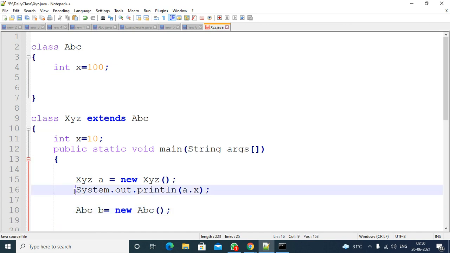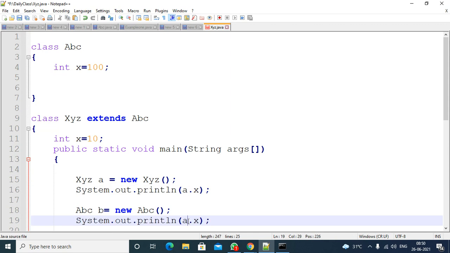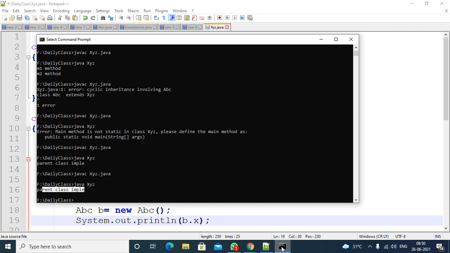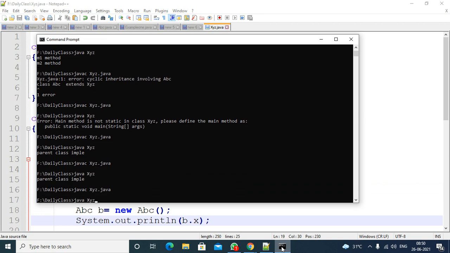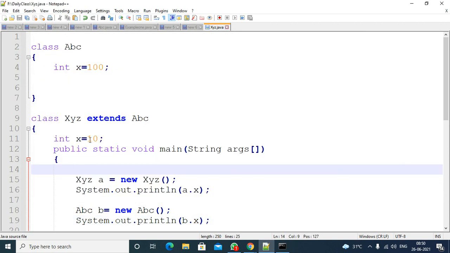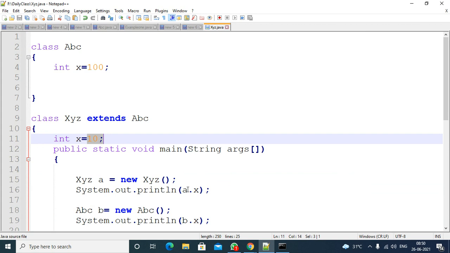Then you can use System.out.println of a dot x and b dot x. Here you will get the child class variable, and here the parent class variable. Compile the code, execute the code, you are getting 10 100. So 10 means the child class variable, 100 means the parent class variable.